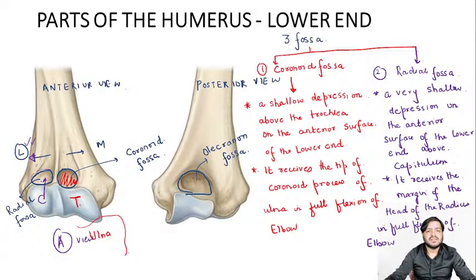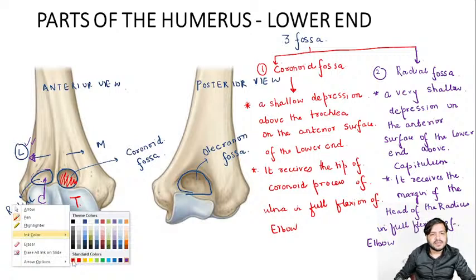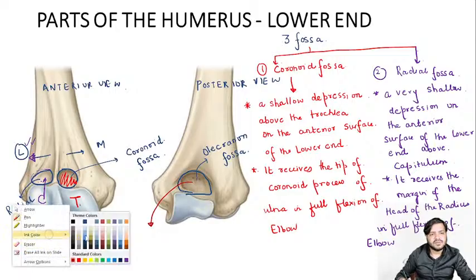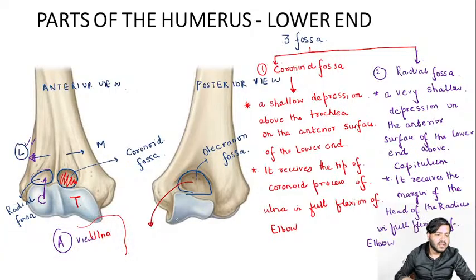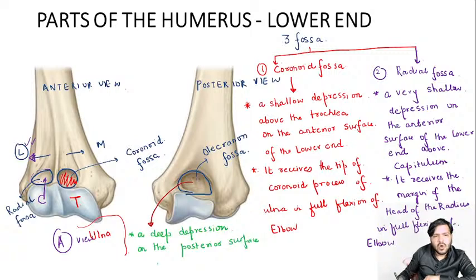Coming on to the last one, that is the olecranon fossa. And remember, guys, I'll just use a different color for this so that you don't mix up anything. Olecranon fossa is basically a deep depression on the posterior surface of the lower end